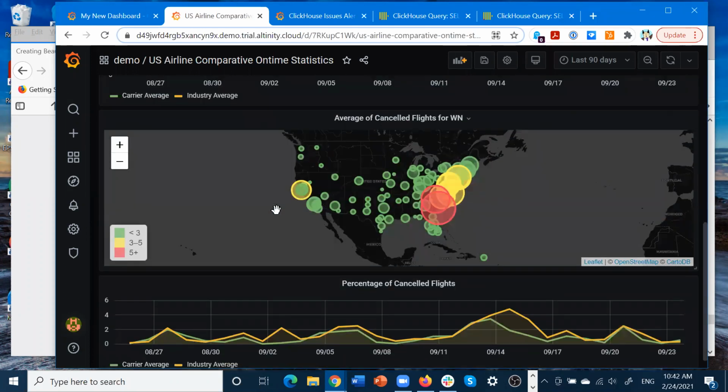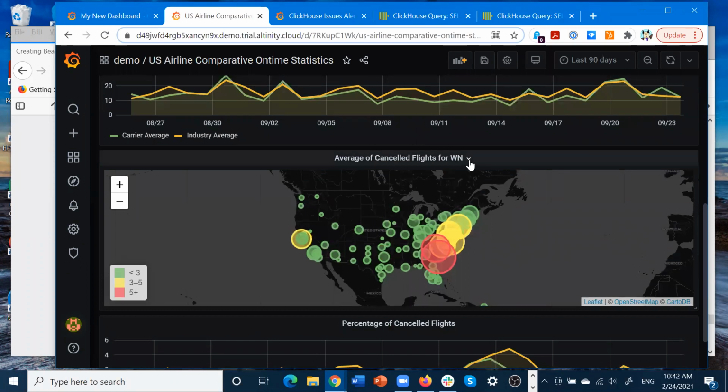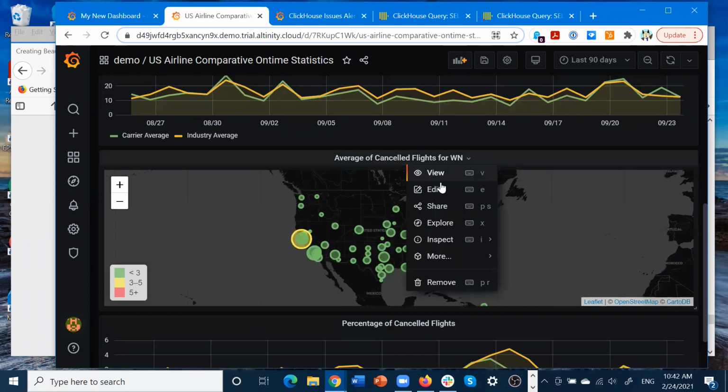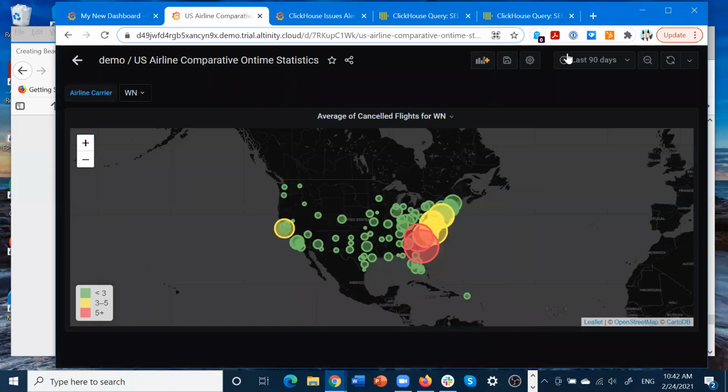Here's a really interesting geographic panel. Let's go ahead and view it using the ability to zoom in. This is basically telling us the average number of canceled flights per unit of time, which I believe in this case works out to days. What's cool is you can assign colors to it, and then the bubbles show the size for the airport. For example, in this one, San Francisco comes up as 3.25